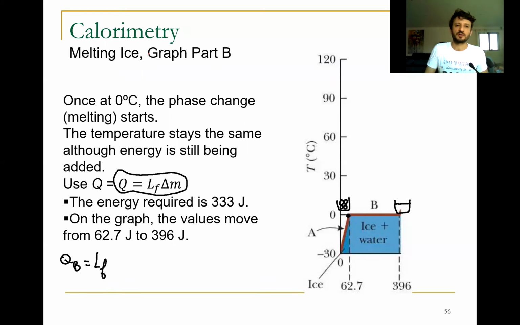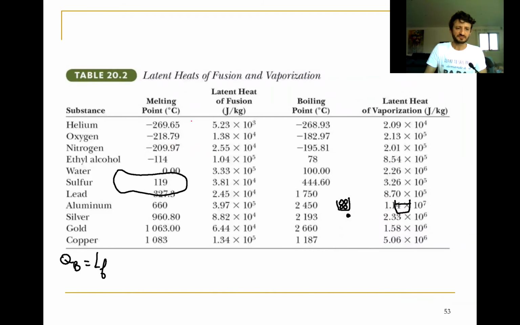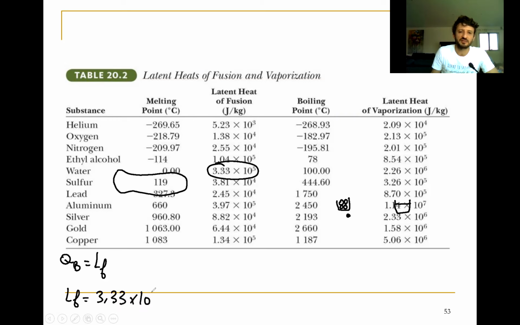If you look at the table to find the value of L, LF of the liquid, we have it here, okay, equals to, here we have L delta M, we can say L fusion, latent heat of fusion, equals 3.33 times 10 power 5 joule per kilogram. Okay,